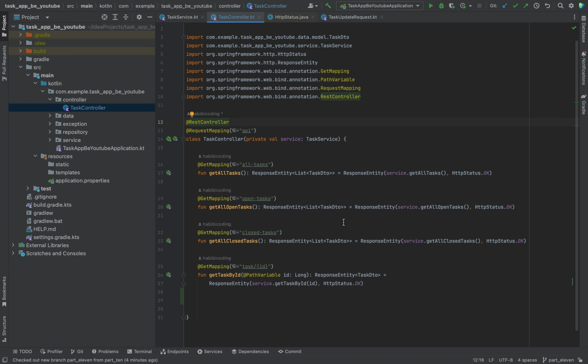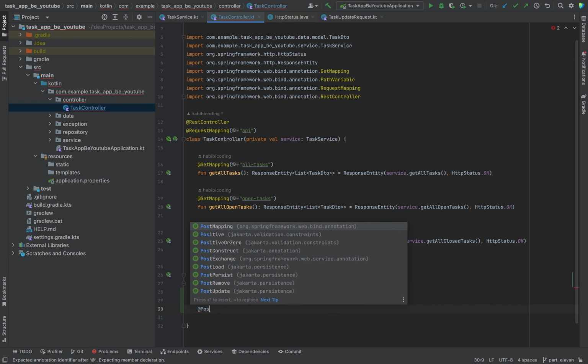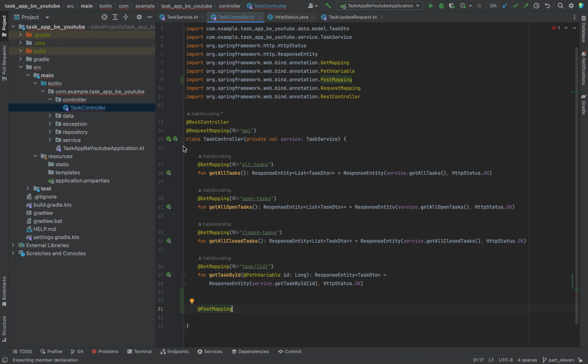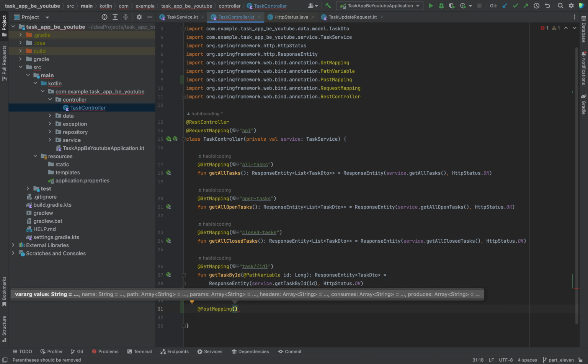We're in part 11, and in the previous video we added all the get endpoints. For now I want to continue to implement all the other endpoints for our CRUD operation, like create, update and delete. Let's start with create. Here we'll use post mapping, and this should be the create endpoint. So create